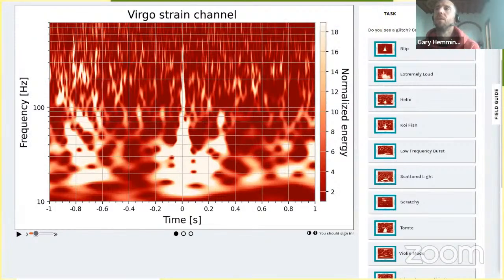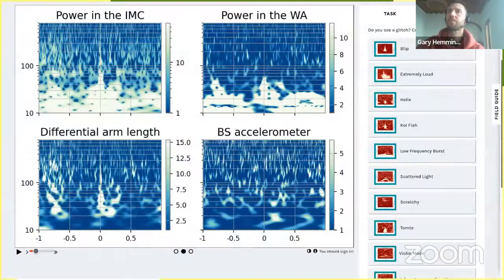So volunteers are presented with various glitch examples, and they're asked to classify them into specific classes. They're taught how to recognize these different classes and so on. There's a lot of information in the various instructions and field guides.